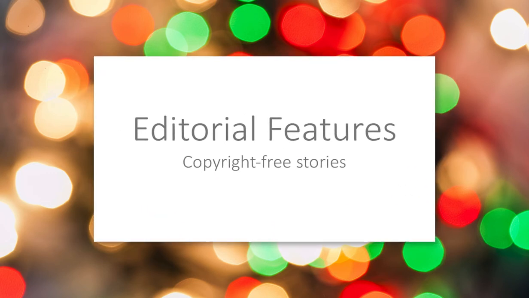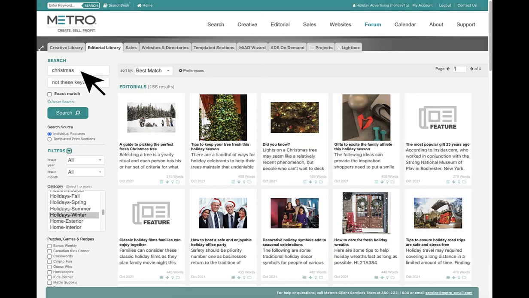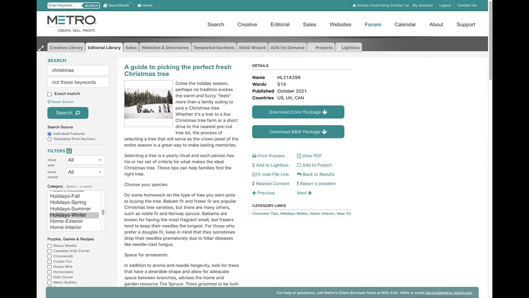Your holiday service comes with some copyright-free feature stories that you can find in the Editorial Library. Search by keywords or use the category menu to narrow it down to stories pertaining to the winter holidays, or you can do both. Click the More Options or 3 little lines icon below a thumbnail to view a preview of the story. Mac users can download the package here,